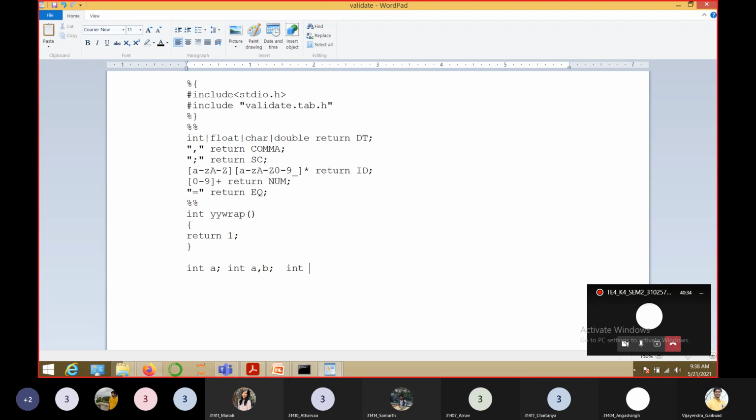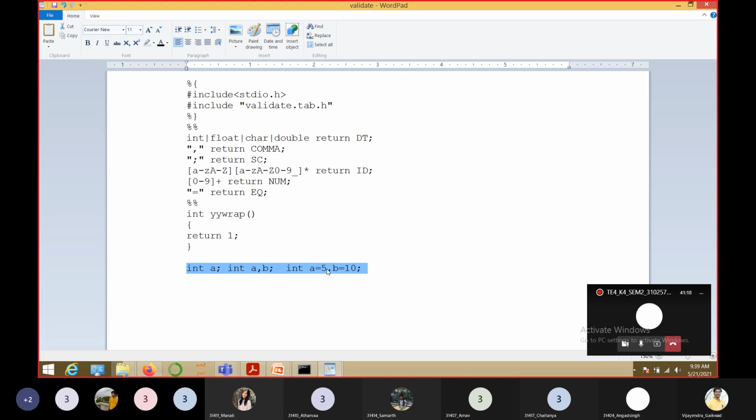I am taking, for example, int. So int space a equals any value, suppose 5, semicolon, or it may be followed by another identifier then semicolon, or the other identifier is also assigned some value and then a semicolon, right? So whatever syntax we are following for variable declaration over here, you can see, we have to write grammar rules for all of these. Understood?